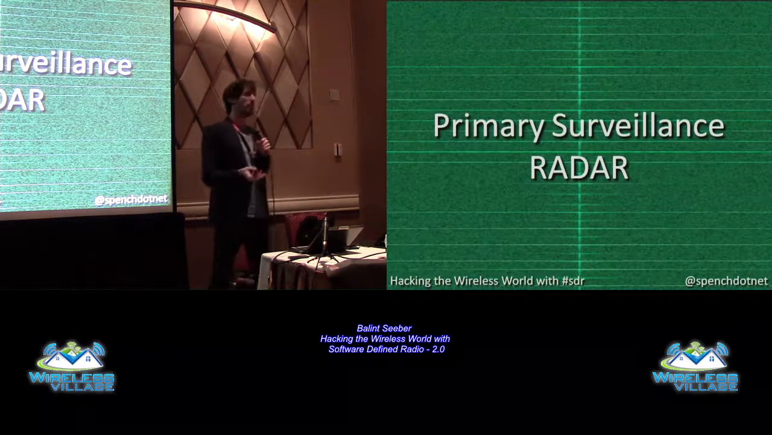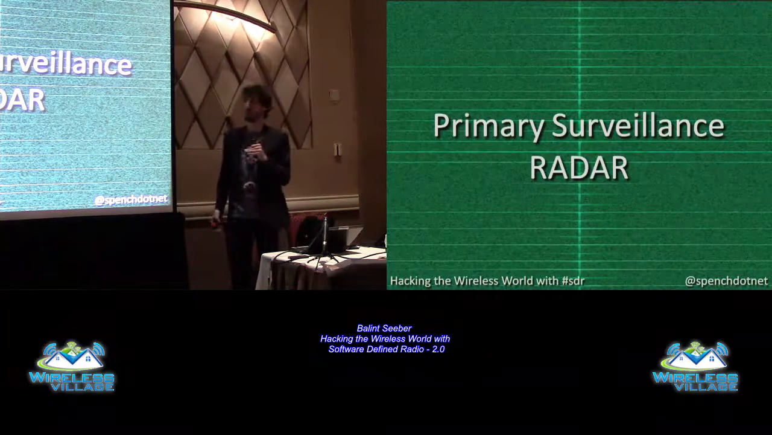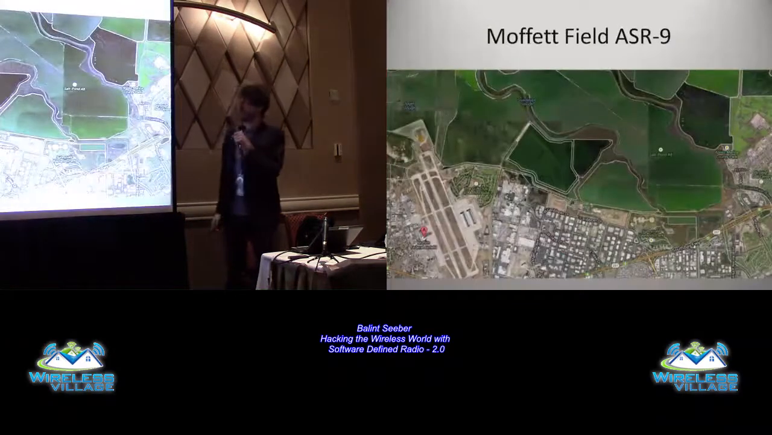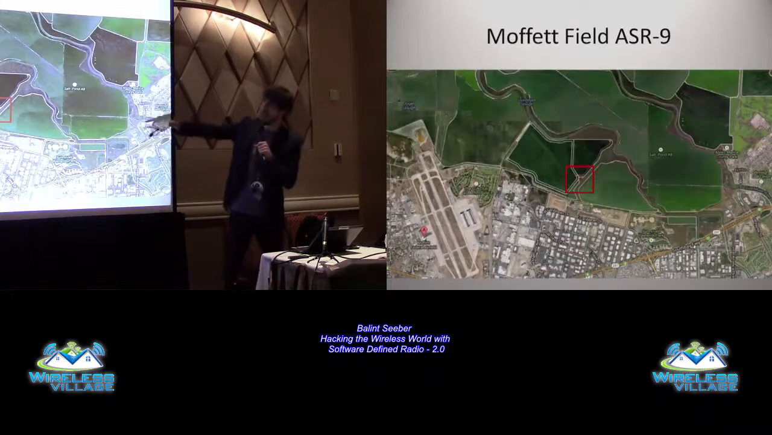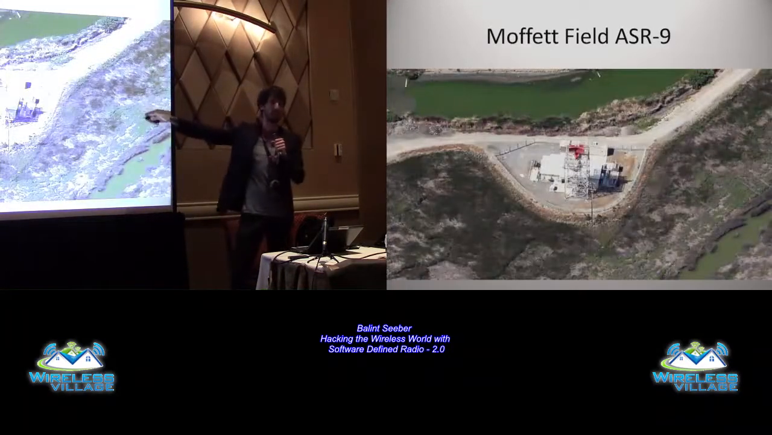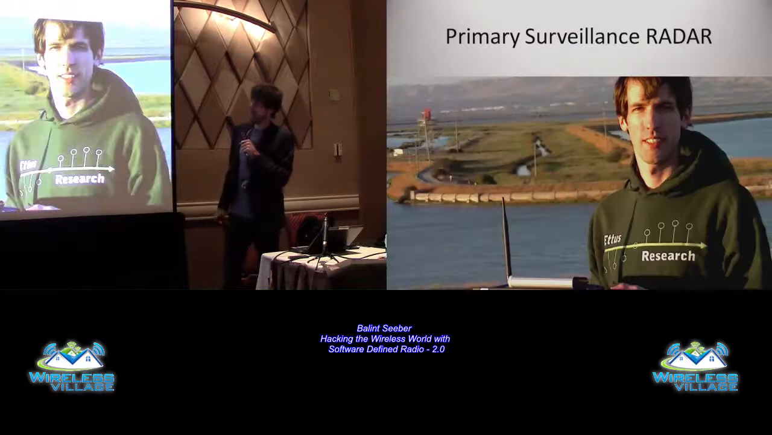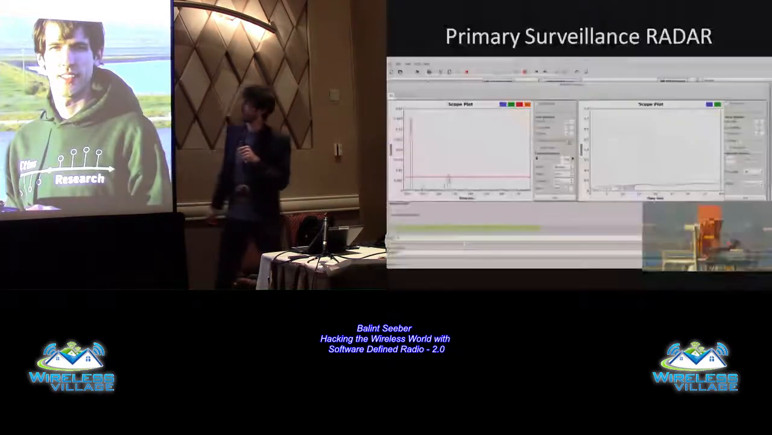What about the primary system? This is the passive system where you have the big radar spinning, sending out a big pulse. What about that? As it turns out, in the Bay Area, near Moffett Air Force Base, there is this ASR-9 primary surveillance radar. This is pretty much the main radar that's used in all airports across the country. It spins around, there's a picture, and I went out there with my B200, there it is in the background,